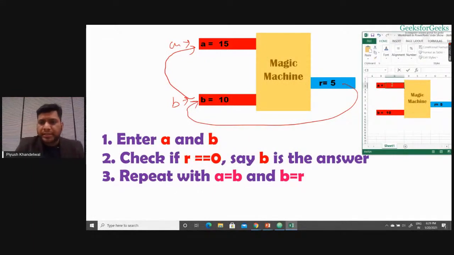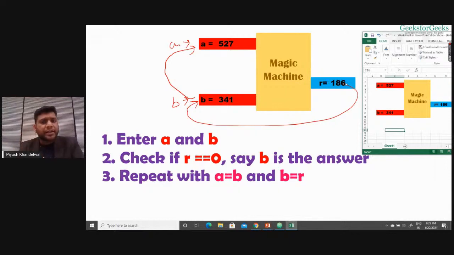So let me take two examples. Suppose I need to compute the HCF of 527 and 341. So these were the two numbers whose HCF I wanted to compute. I gave 527 over here, 341 over here. What is the output? It is 186. It is not 0.